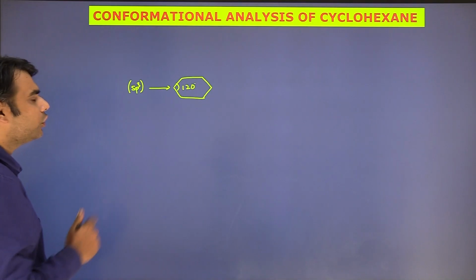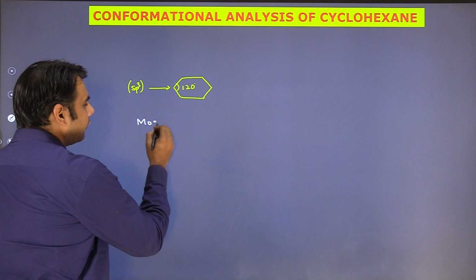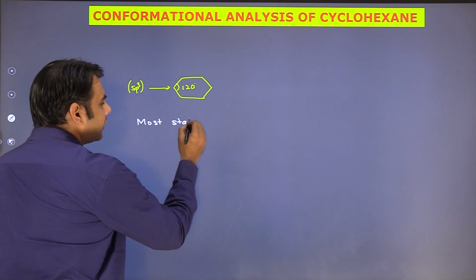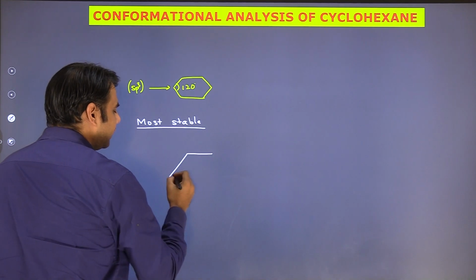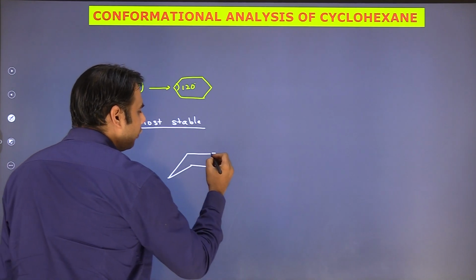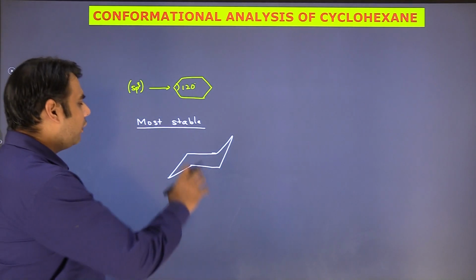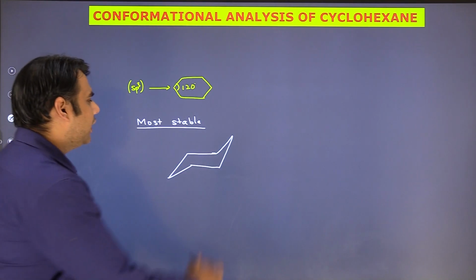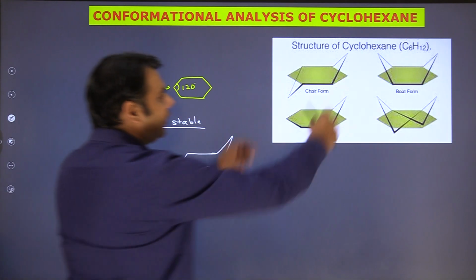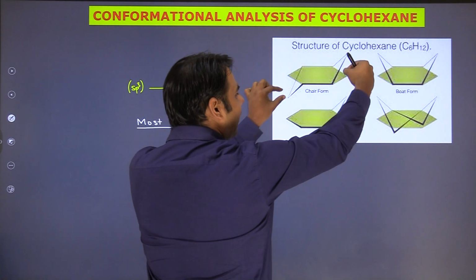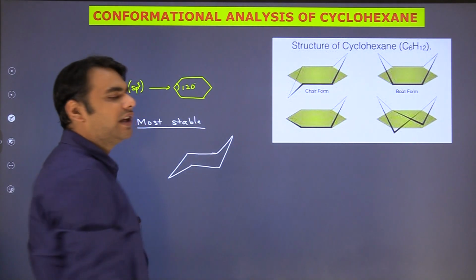Now the most common and the most stable form of cyclohexane is basically the chair form. So this is like a chair. This is the most stable form of cyclohexane. Now if you look at this molecule, obviously you can see that some bonds have been twisted. So what I can say is I have taken one of the bonds above, and I have taken a bond from here and pulled it down. So basically it assumes a chair-like structure.